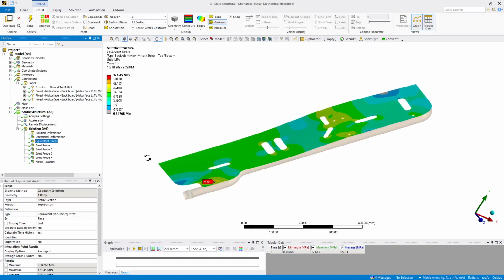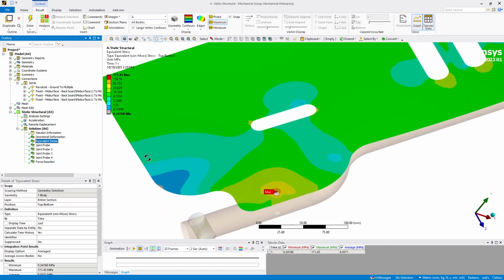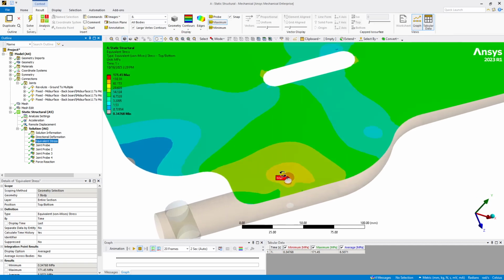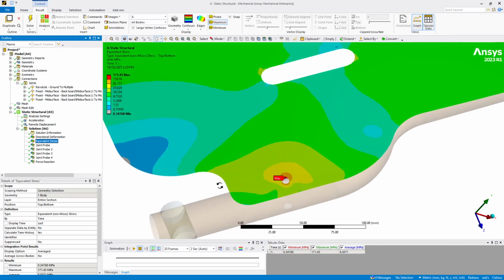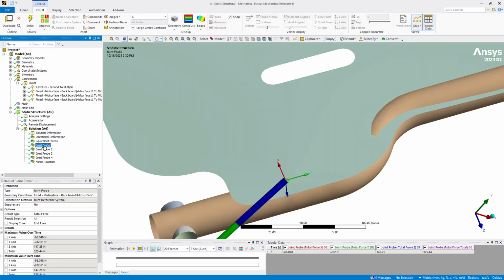What's less accurate is the stress in the part around this hole, and that's because a fixed joint is not an accurate representation of a bolt shaft in a hole, because the bending of this and the force would cause the bolt to push on one side of the hole, and the stress will be quite different. So this stress is artificially high, and in this video we're going to take the values of 66, 282, which are the 2 in-plane